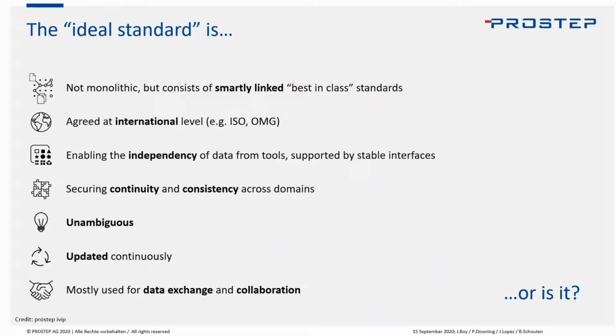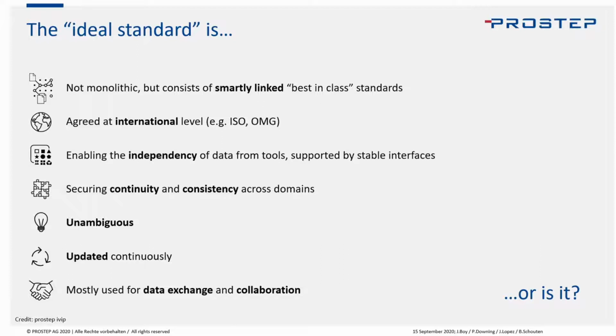So now that there are so many standards, of course the question comes up, what is an ideal standard? What have we learned over time? There was a time when standards were developed with the idea of creating the world formula, to have everything in one place, a common language for everything. But I think in the meantime, people have learned that it is better to have smaller standards that very well support the area that they are there for, and then connect these best-in-class standards in a smart way, so